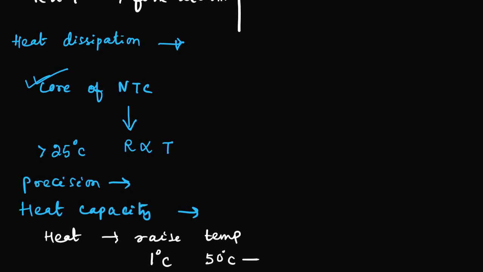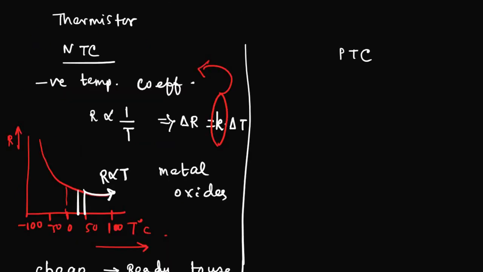So you must understand, whenever there is a range of 50 to 300, the device cannot get compromised due to heat dissipation. But beyond 300, it may get compromised. That's why there is always a power rating or heat capacity rating always written in NTC thermistors as well as PTC thermistors. But it is very cheap and we can use it anywhere and ready to use. I must say the notation for NTC thermistor is a resistor, so this will be a two device thing, and this will be like this.